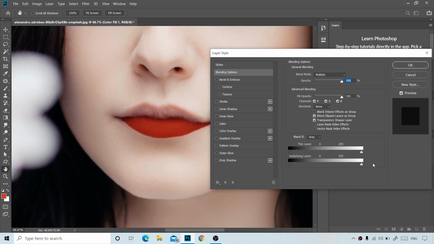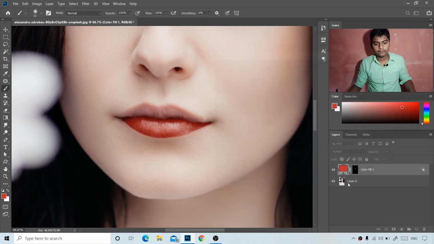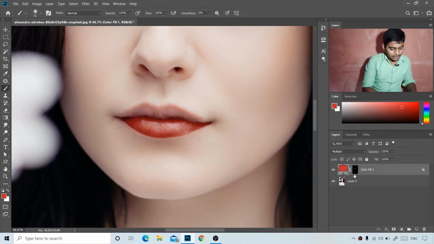So for that, what we have to do is drag it from the right side and take it to the left. As now we see that it is too harsh, so to make it soft, what we have to do is click Alt and add some of the distance. Okay, so this looks nice, and add more of these.